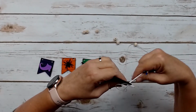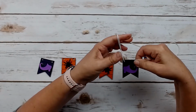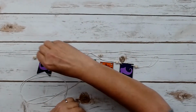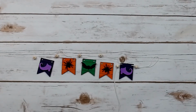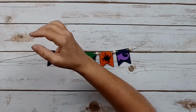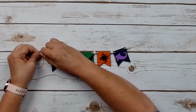Then I go through the front first hole of that first pendant, and then I go up and through the back and through that hole, and then I string on a bead, and I repeat that process till I have it all strung up. And when it comes to the final bead, I'm going to do the same thing. I'll go all the way up to the pendant, and then I'm going to feed it through a second time